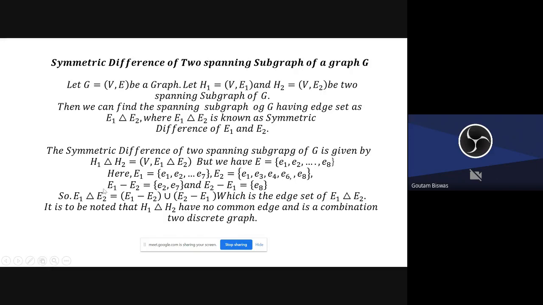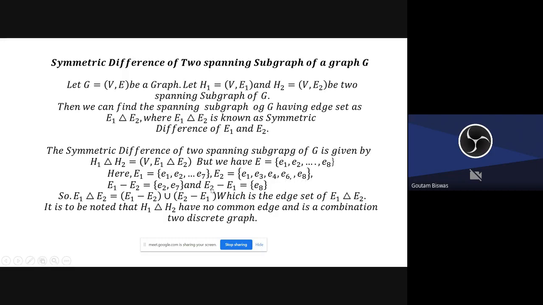Then E1 minus E2 is E2 minus E2 and E7. E1, E2, E3, E4, E5, E6, E7, and E1, E3. So just omit the common element. You will get E7 and E2. Okay, E2 and E7. But here E1 is there, so omit. E3 is there, omit. E6 and E8, all omit.